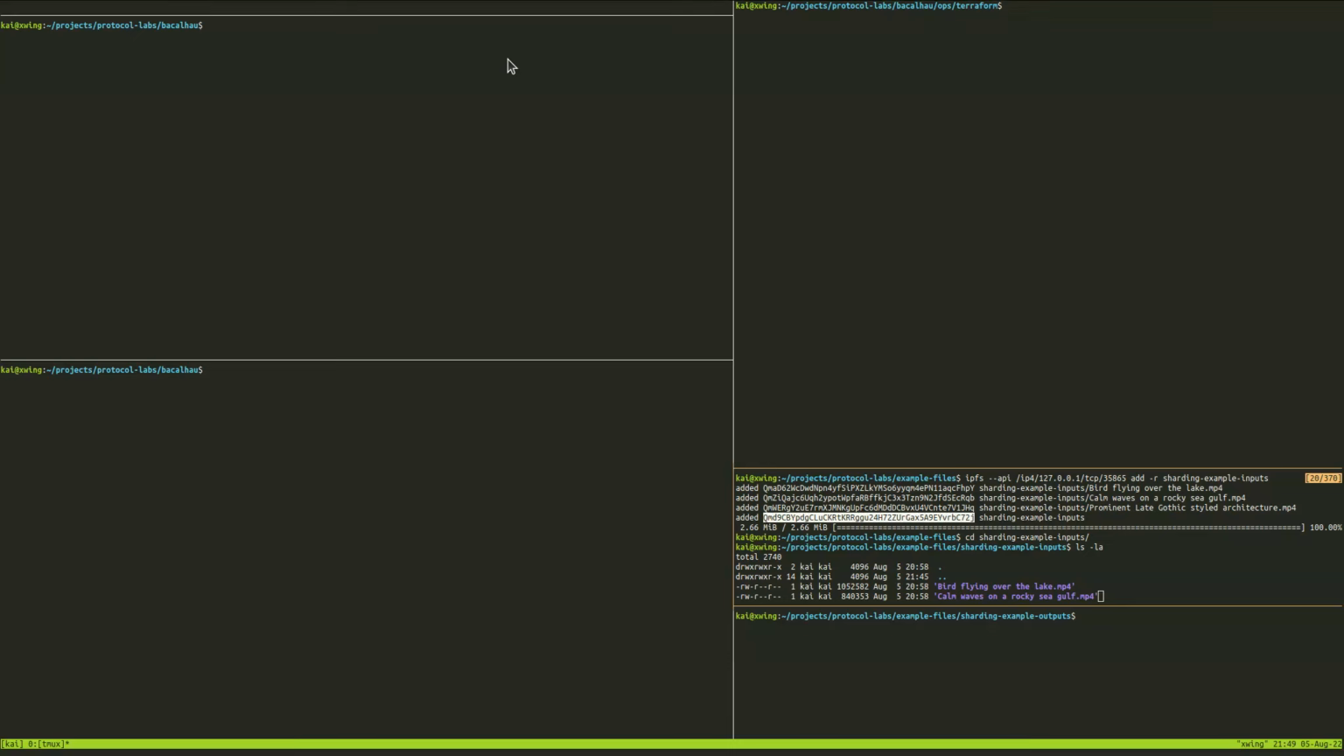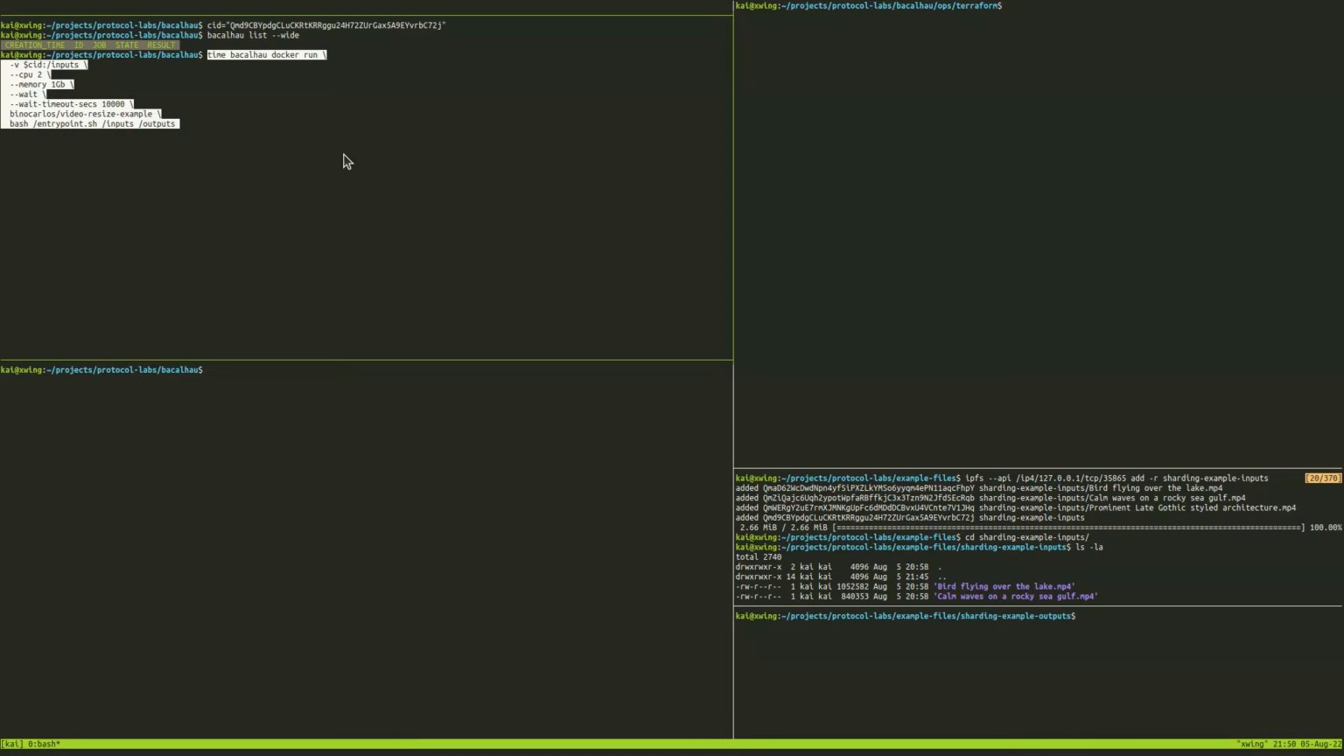So let's get that CID and run a job on Bacalhau. We can see we have a Bacalhau list wide. We have no jobs right now. So let's run a job that processes those three videos into some kind of output. And it will loop over the three videos in that folder one at a time. So let's run that. And whilst that's running, we'll talk about how we might get that to run in parallel